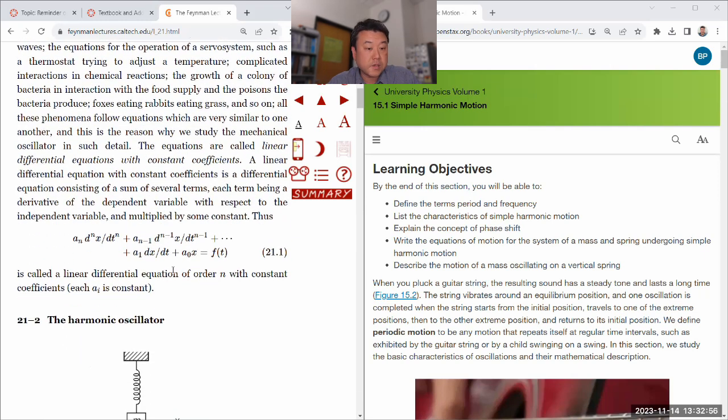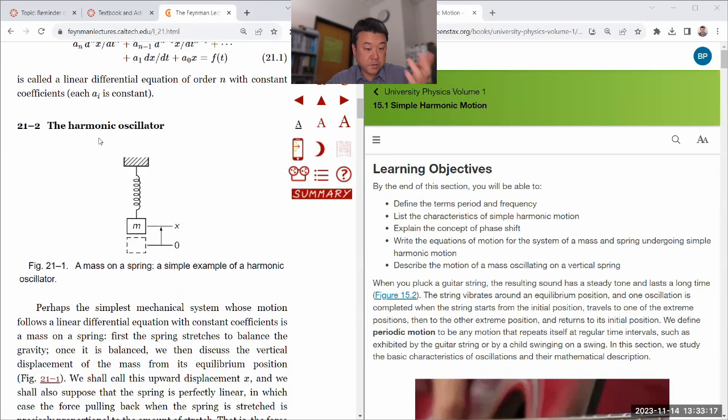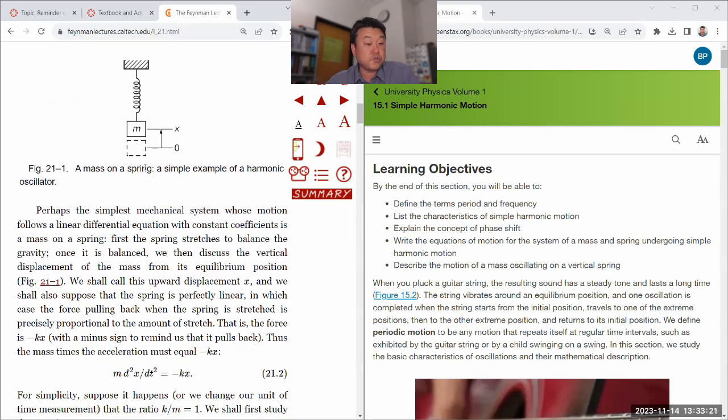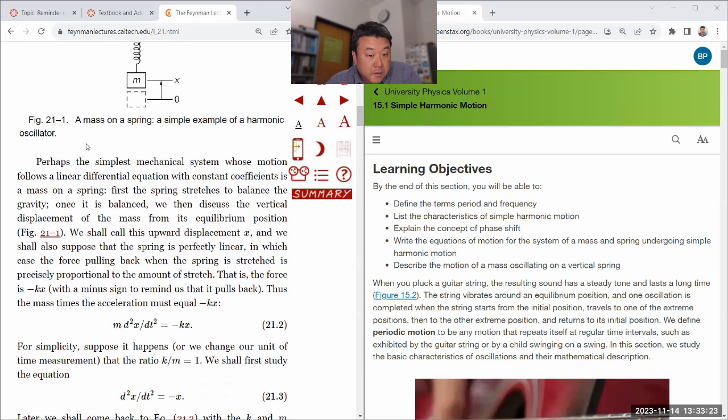That's going to be in terms of a linear differential equation of up to some order n in terms of derivatives, but they're all going to be linear in the sense that you are not multiplying x by itself. There won't be x squared, there won't be dx/dt times x, all these will be linear. So when you look at the harmonic oscillator and you analyze it using Newton's second law,